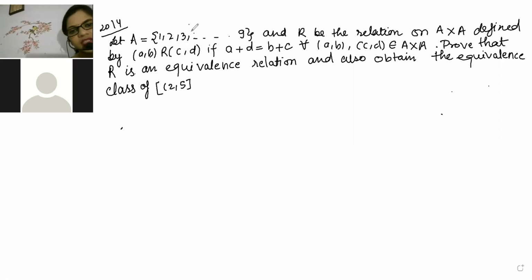Look here. Yesterday itself I made a video in which I told how to solve this question. A is equal to 1 to 9, so nine elements are present inside. R is the relation on A cross A defined by (a, b) related to (c, d) if a plus d is equal to b plus c. Everything is what was given in the last class, where it was generalized. There it was the set of natural numbers; here it is exactly A containing 9 elements. So they have fixed this. Now we will start writing.